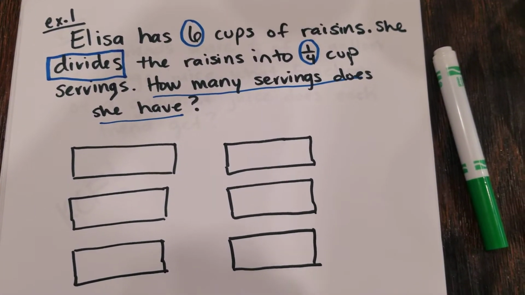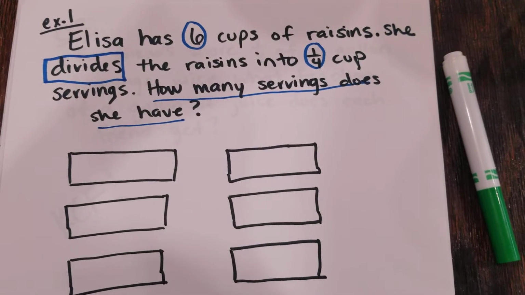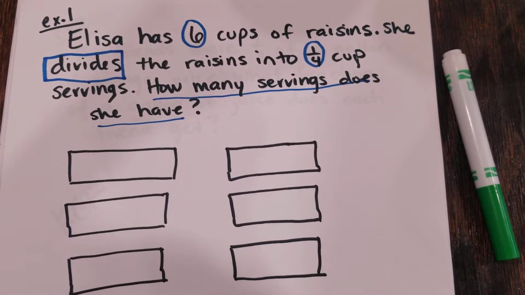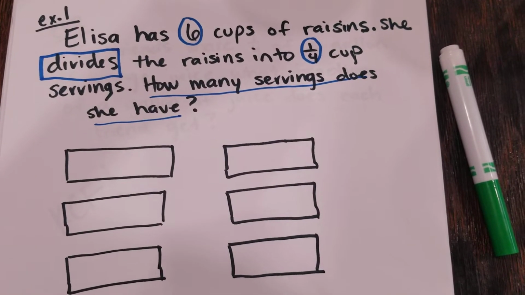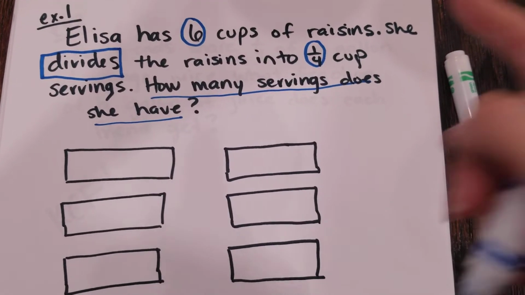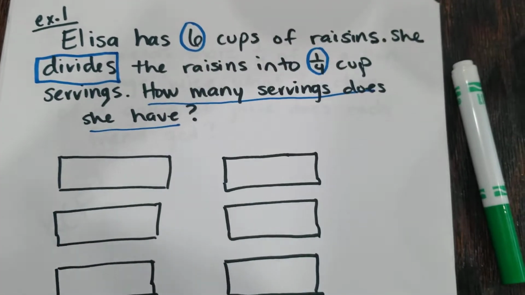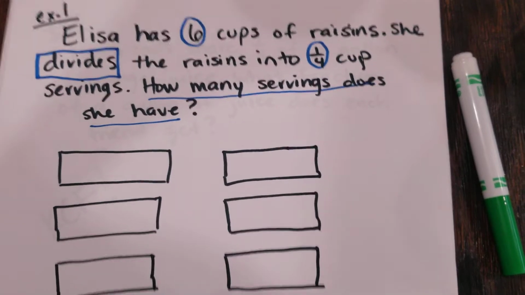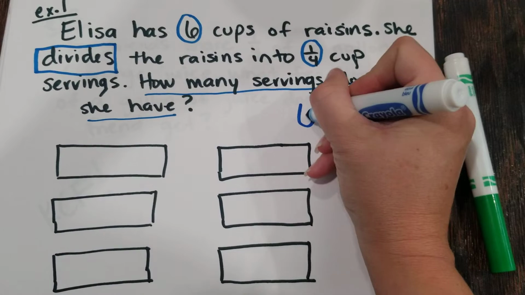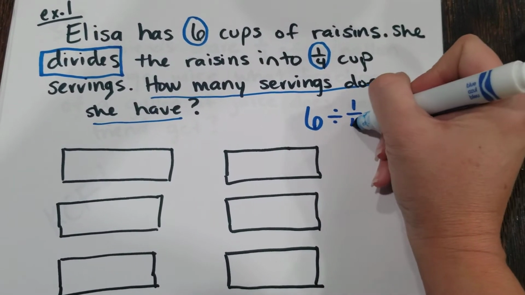And what are we going to divide? So remember, we always ask ourselves, what is being divided? Is it the 6 cups of raisins that she's dividing into smaller pieces? Or is it the 1/4 cup serving that she's dividing into smaller pieces? It has to be the 6 cups of raisins. So she has a large amount of raisins and she's dividing those 6 cups into smaller servings. So that means that the 6 will be first in our division problem, and we are solving 6 divided by